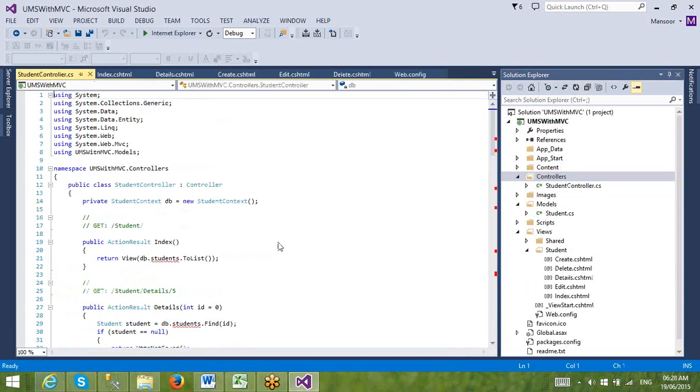Now what happened in this? If you come to view, what it says here, db.students. When you move the mouse pointer over it,